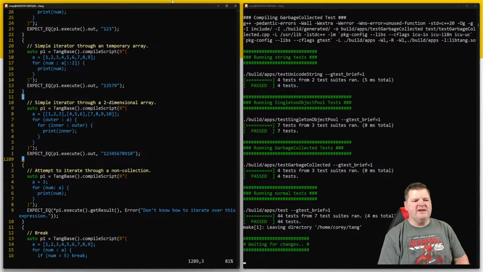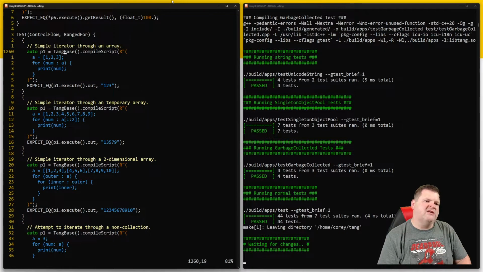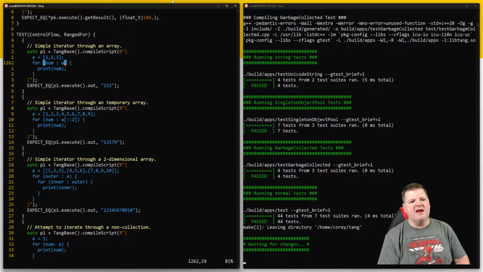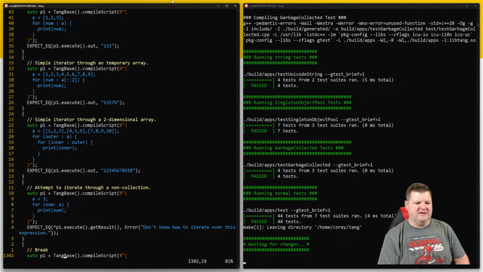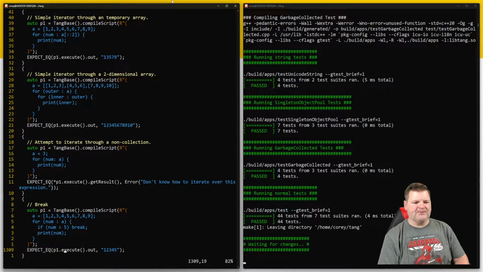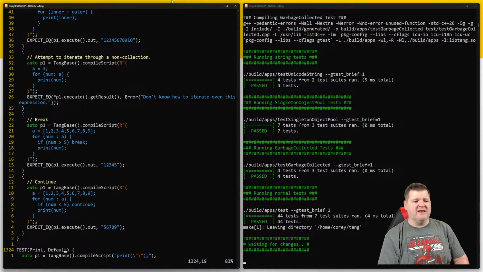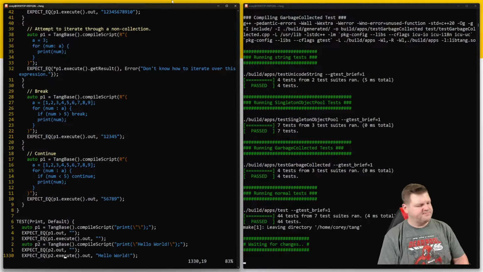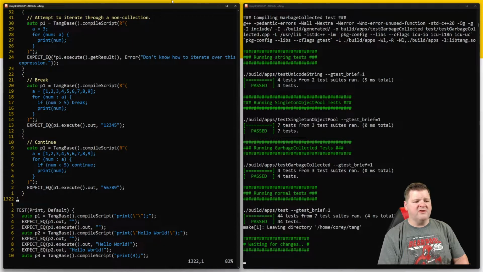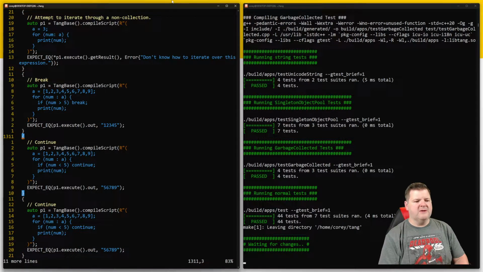And we did a lot of work already. You can see here iterating through an array, iterating through a temporary array, through a two-dimensional array. What happens if it's not a collection that we can iterate through? What about the break? What about a continue? All of those are just fine. Now we're going to, there we go. Let's iterate through